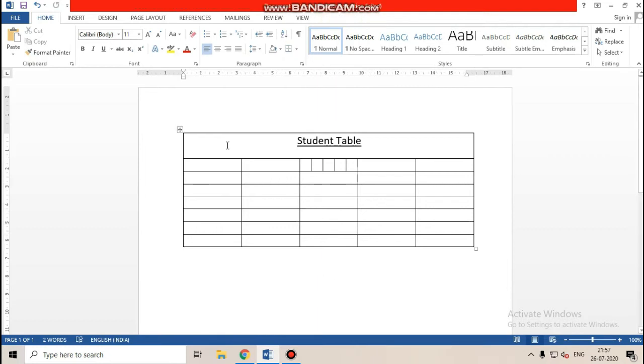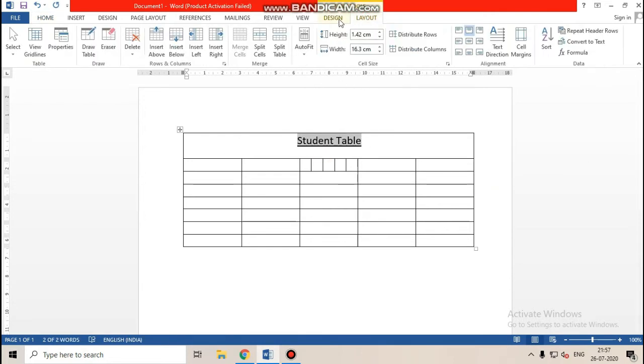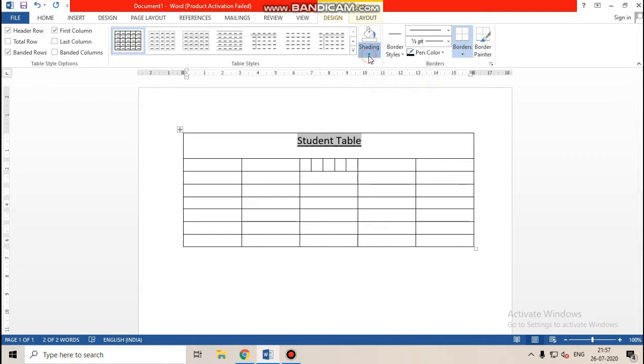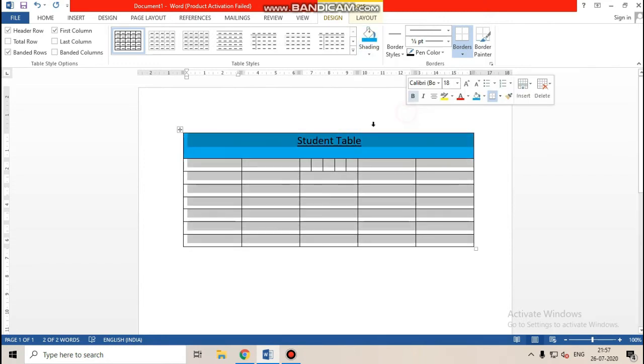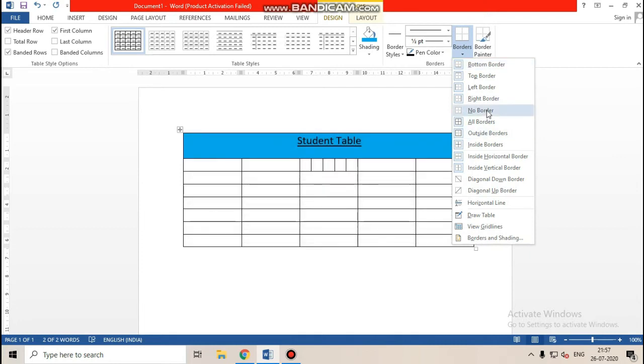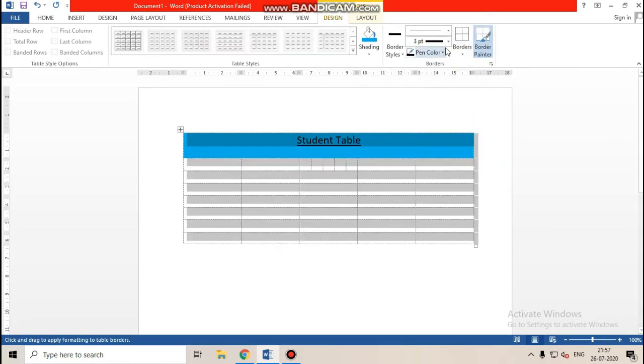One more thing, for coloring, select the table background, go to Layout, sorry, Design, the Shading option. With the help of the Shading option you can select the background color. Then suppose you select this, go to Borders, All Borders, and choose the thickness like this.